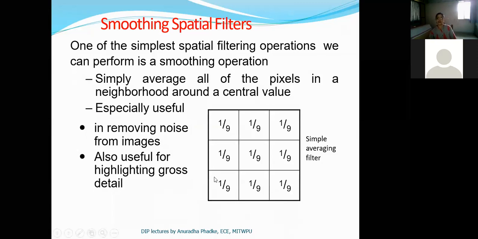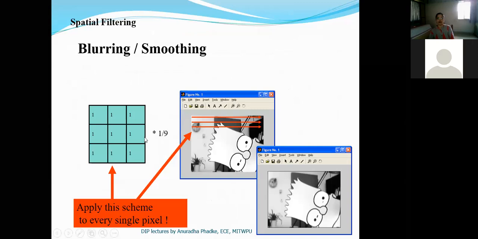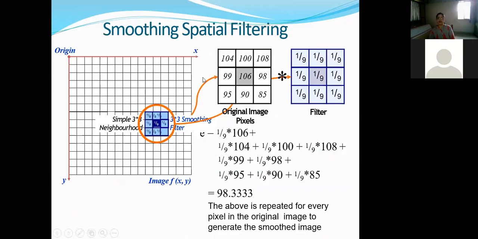Okay, so this is your simple averaging filter, and we can also represent it in this format where we took 1/9 common from all the filter coefficients. Here one example is given. This is your given image, and say presently we are considering this small 3/3 neighborhood. Here you can observe the pixel values under the selected 3/3 neighborhood.